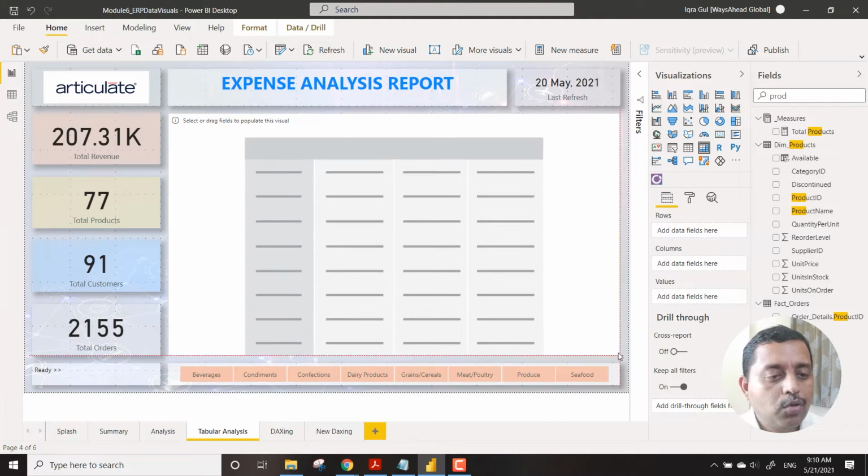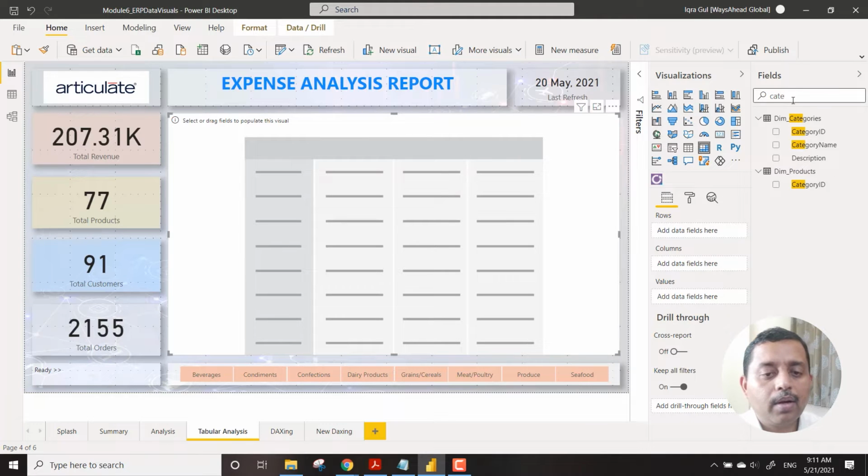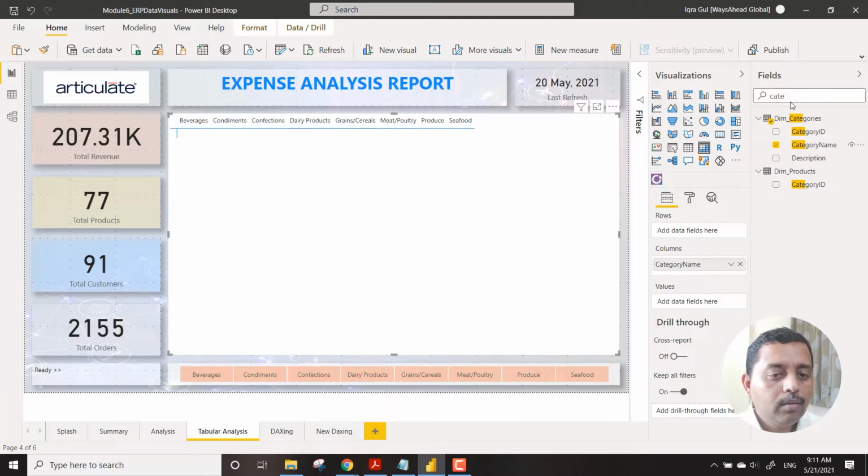Then you bring up your visual like this. This is the matrix that we are bringing, and what we can do is bring in the product categories, and the customers and all these details in the rows and the columns. So let's begin. We have the product categories, so we bring in categories in the columns.